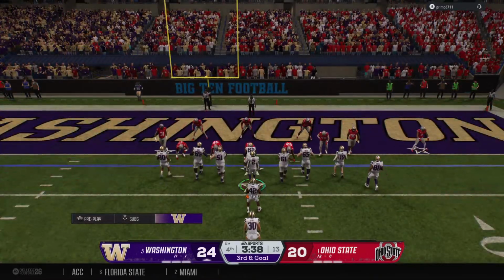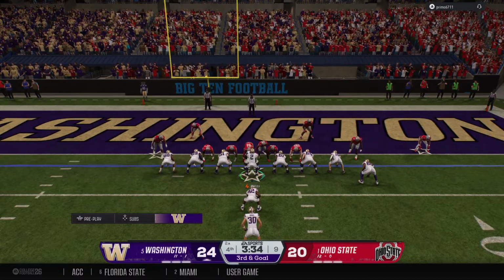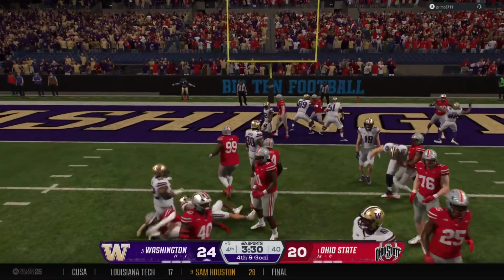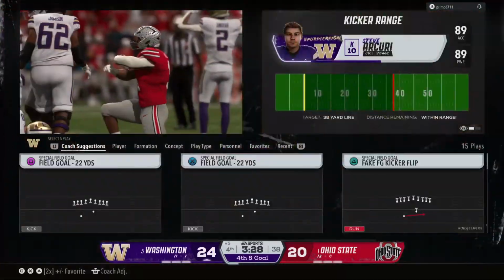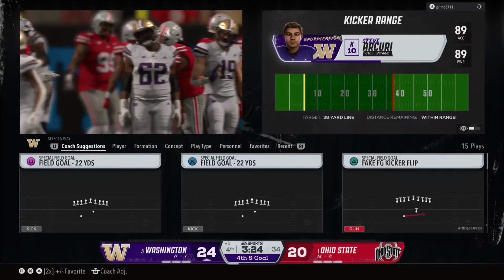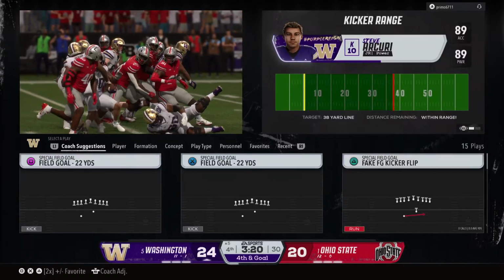So no gain on second down. Now it's 3rd and goal from the 2. On the ground, trying to punch it in for the score. Goes backwards, losing 3 yards there. Tell you what, for a tired defense that's been out on that field for a long time on this drive, what a stop there on 3rd and goal.